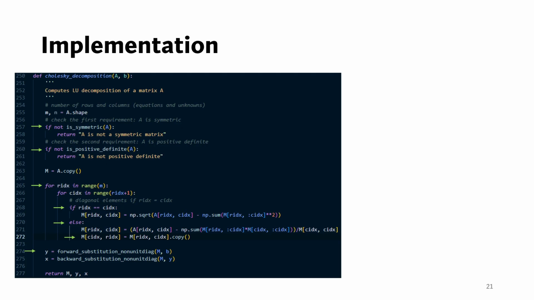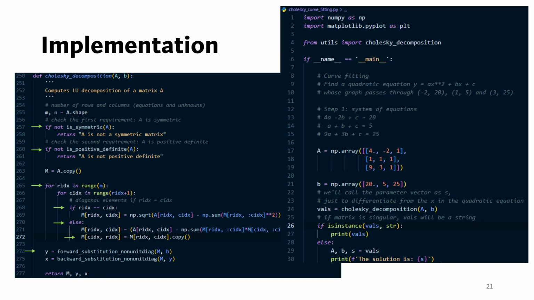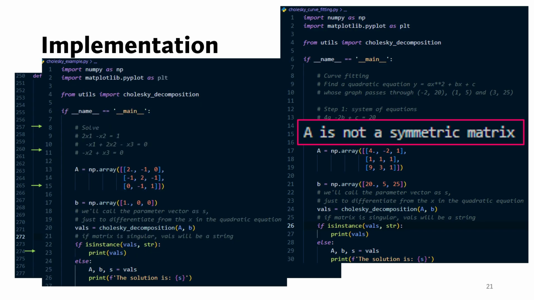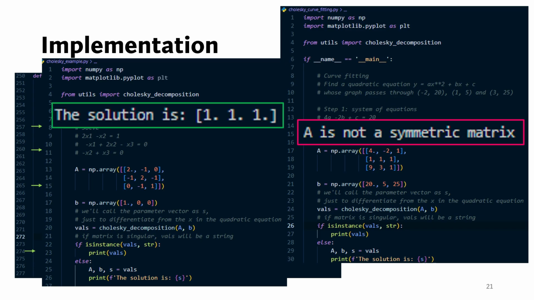Now, if we apply this to our example curve fitting problem, we are told that A is not a symmetric matrix. So we can use any of the previously described method to get the solution. To demonstrate whether the code works, we try to solve another system of linear equations where the coefficient matrix passes the 2 requirements. And we get the correct solution, which suggests x1, x2 and x3 are all equal to 1,